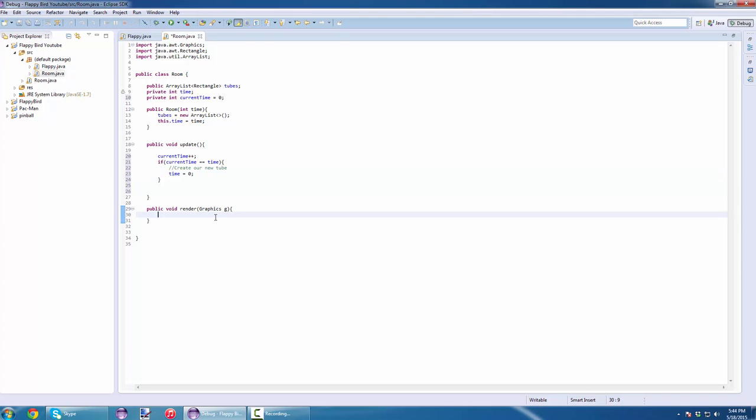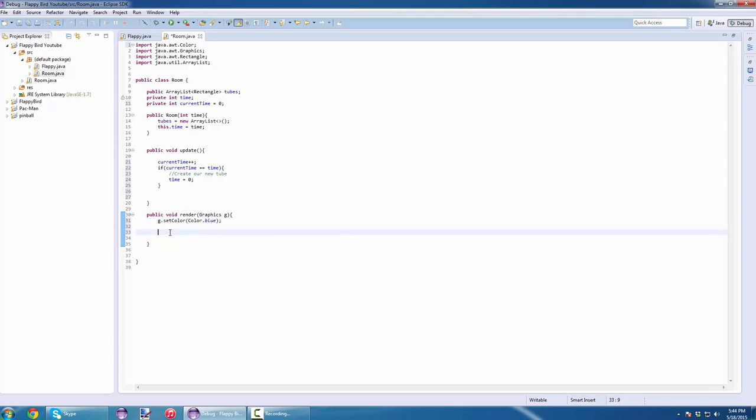Let me put as default here the color for our stub as blue, and here for int y is equal 0, i is less than tubes dot size, i plus plus. We want a rectangle g dot fill rect. Let's create a local rectangle to get our current rectangle that we are looking at in this for loop, tubes dot get y. So the position we want is rect dot x,